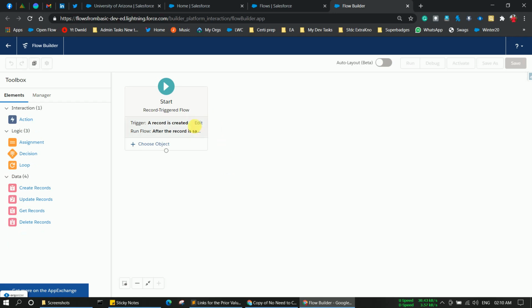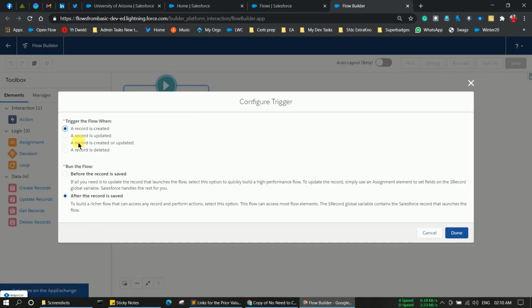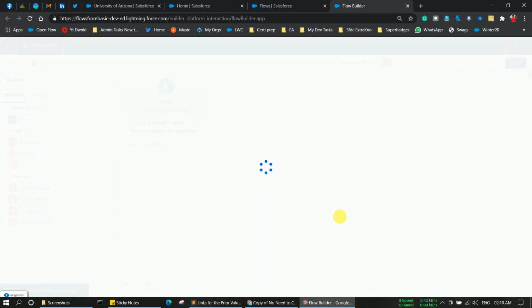Now I'm going to use record is updated, and before the record is saved. For now I'm going to use before the record is saved, and in the same continuation I'm going to show you how you can do the same thing in after save update. Currently I'm going to use before the record is saved, and simply you can click done.